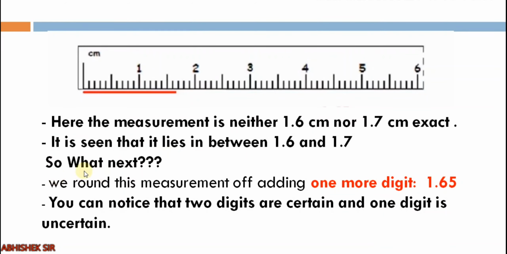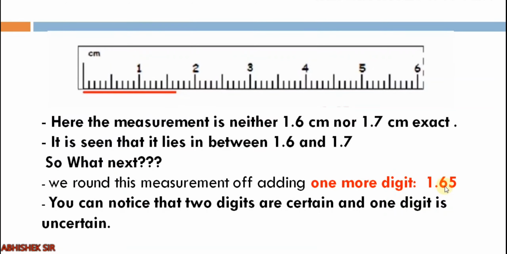So what to do now? We will round off this measurement by adding one more digit. We will not write 1.6 or 1.7, because if you write 1.6, someone will say no, it is a little bit more than 1.6. Or if you write 1.7, another person will say it is not exactly 1.7, it is a little bit less than 1.7. So what we do is we round it off, we estimate, we guess that if it is in between,